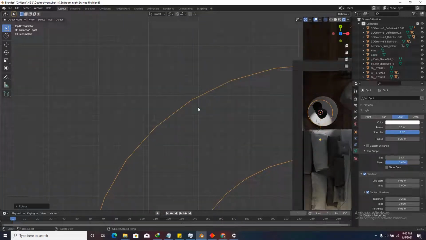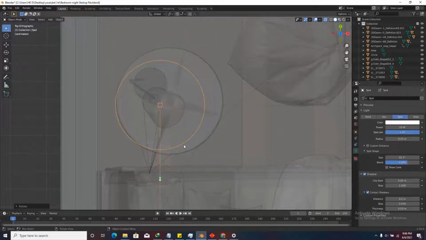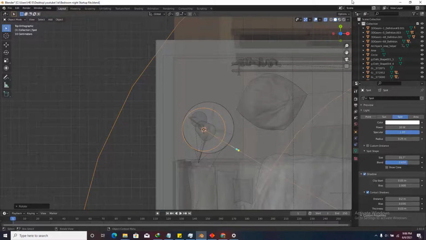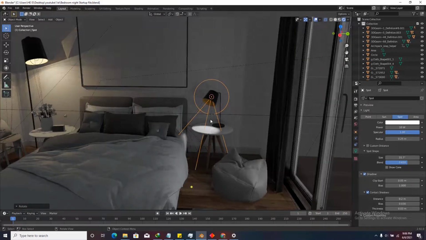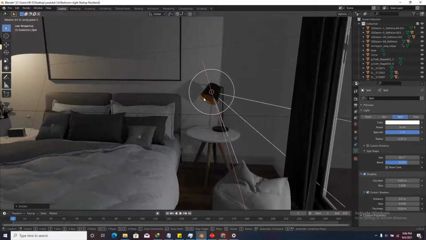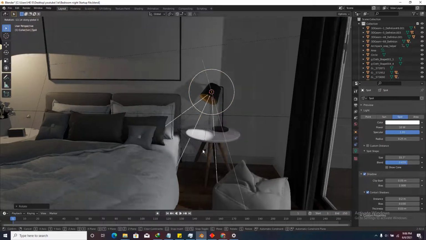Let's go to the top view, go to solid view right here. I'm going to rotate this one right here. I think this direction is correct, right? Or I can use RX in order to rotate it. I don't need to go to any views. I think